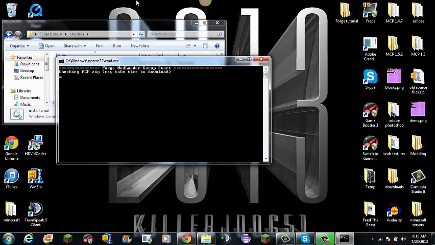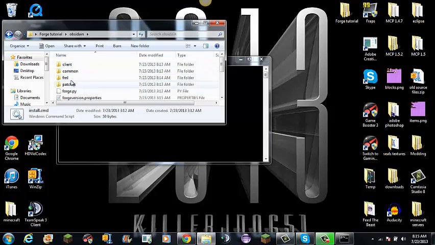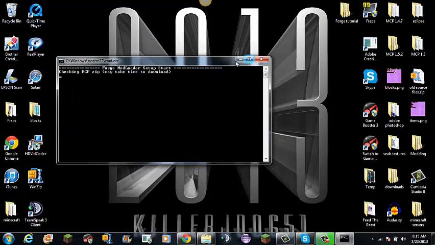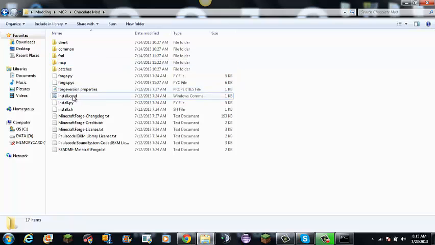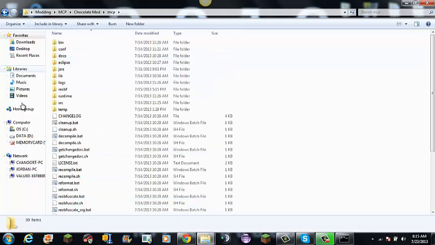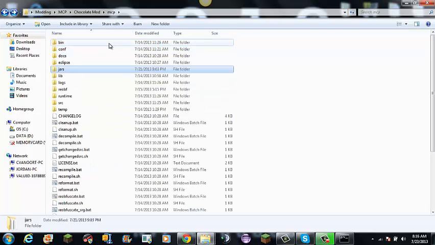So, any moment now, it'll hopefully start downloading MCP, because setting up MCP for tutorials is a lot easier now. Like you'll make a folder right around here, so I'll just open up my moddings folder to show you MCP chocolate mod. After you click the install.cmd, it will create this MCP folder, and with everything that you all know and love from MCP, it will automatically have the jars with the assets and versions folder, and it's as simple as that. Really, all you need to do is install Forge,